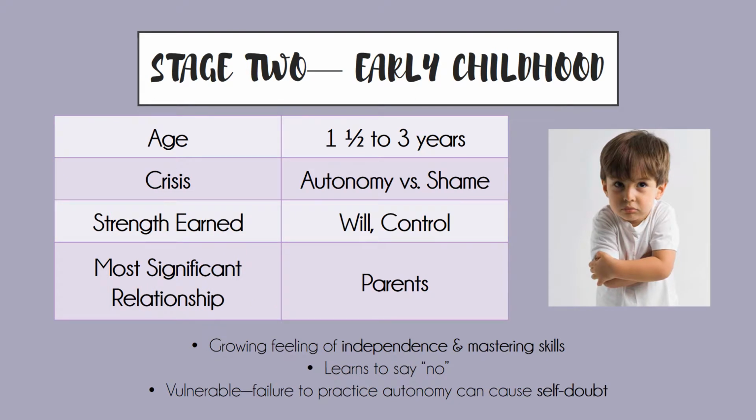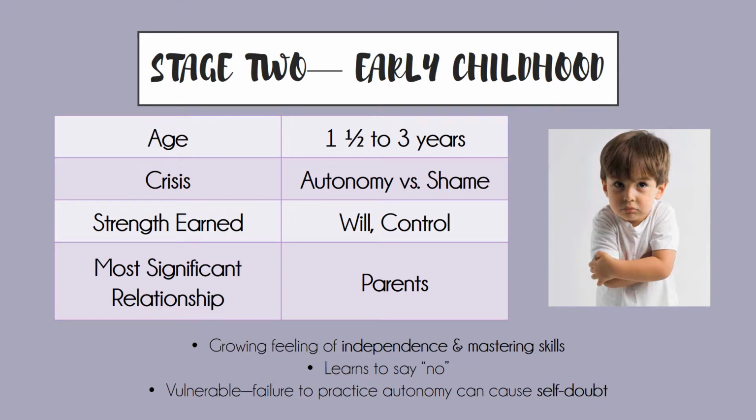Stage 2 of this theory is early childhood, which lasts from about 1.5 to 3 years old. The central crisis here is autonomy versus shame. Autonomy in the sense that these toddlers are going to have a growing feeling of independence. They're going to want to do things on their own. They're going to want to master skills such as dressing themselves, feeding themselves, and potty training, using the bathroom on